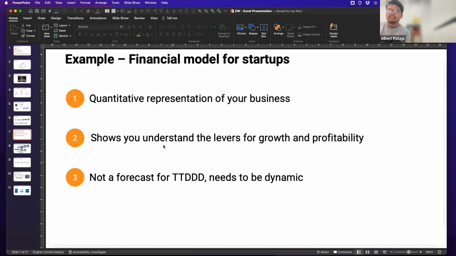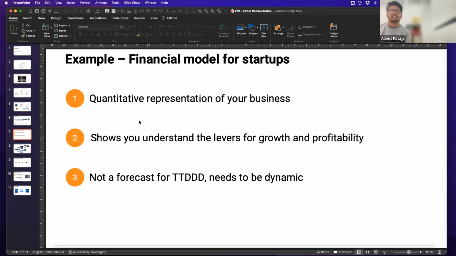The first is, do you understand your business quantitatively? As in, do you understand how the different levers in a business are structured? Do you understand what drives growth in your business? And then lastly, do you have a realistic expectation of how your business is going to grow? If you're going to shoot the lights out, what does that business look like?